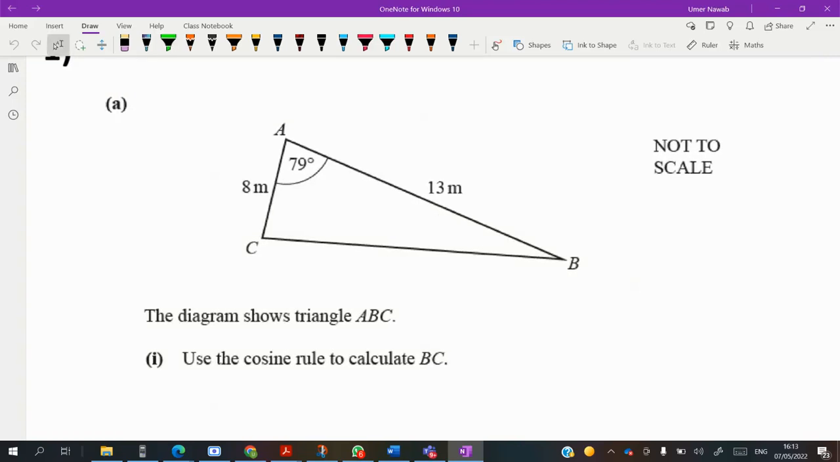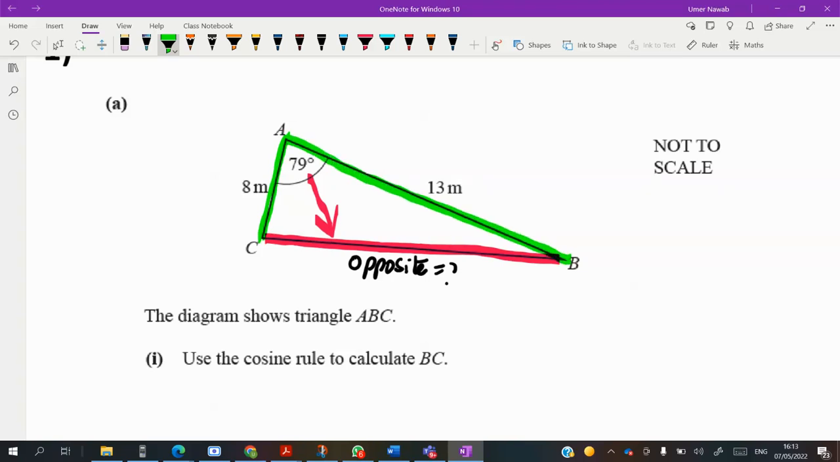When the triangle is given to you, you need to see first what things are required. So he is asking you to find the BC side. BC is opposite to 79. Now, do we know the two arms, this side and this side? The answer is yes, 13 and 8. And the included angle is